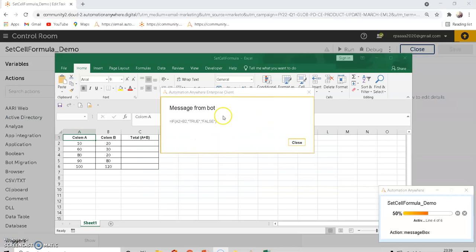The message box shows the first formula for C2: if A2 is greater than B2, true, else false. That is the formula for the C2 cell.